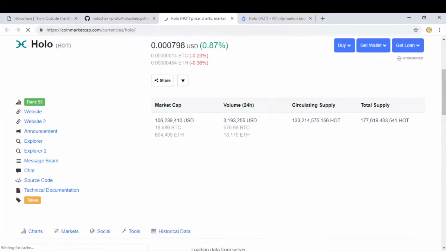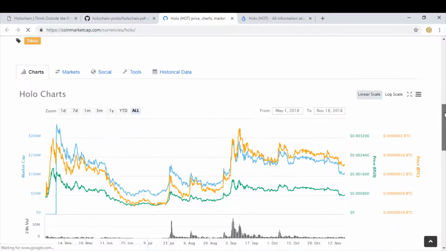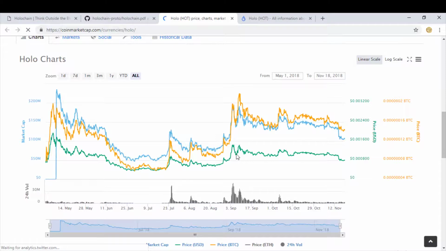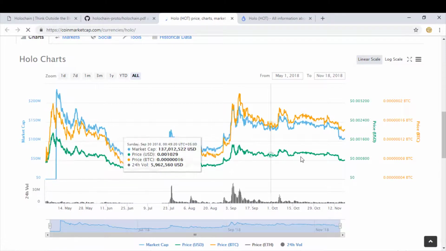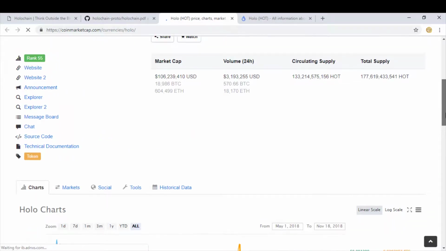Coming back to CoinMarketCap, which is the last part of the analysis, it's quite important to know where the coin was 3-4 weeks back, or 3-4 months back, and where it's trading now. So guys, it's almost trading in the same range. It's trading between